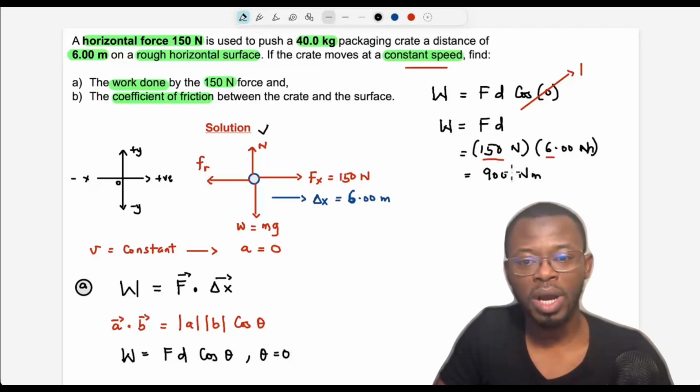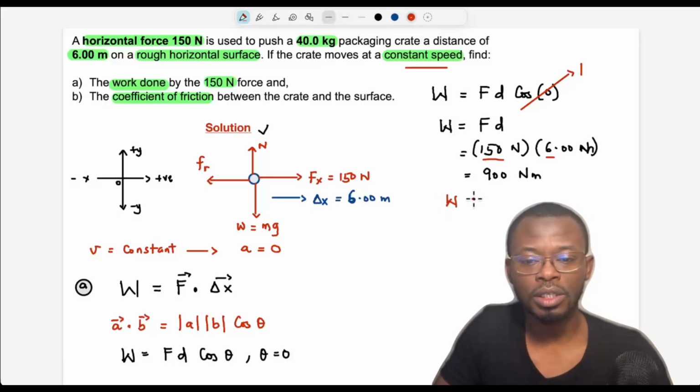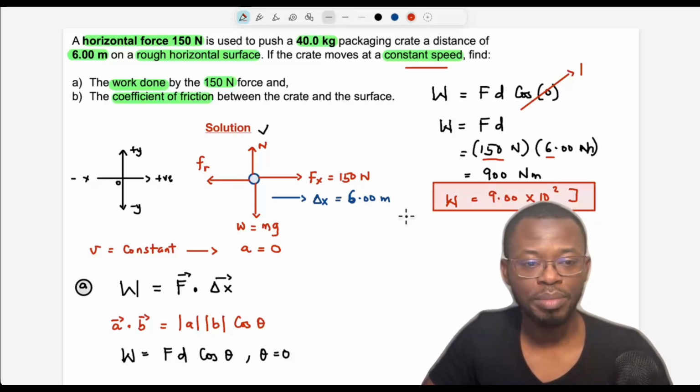All right, but 1 newton meter is equal to 1 joule. So that is the unit for work. Therefore, we can say the work done is equal to, in standard form, 9.00 times 10 to the power 2 joules. So let's look at part B, where we are to find the coefficient of friction between the crate and